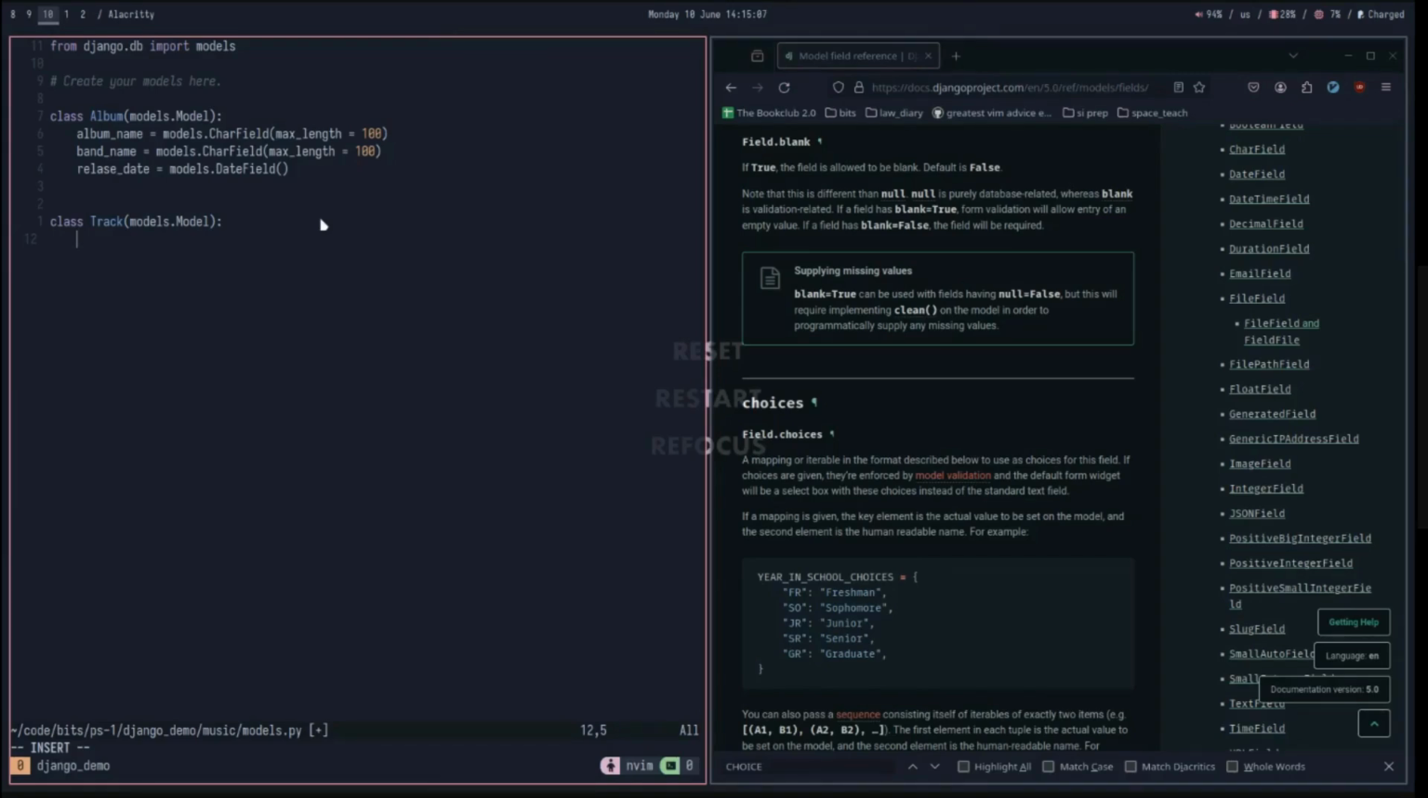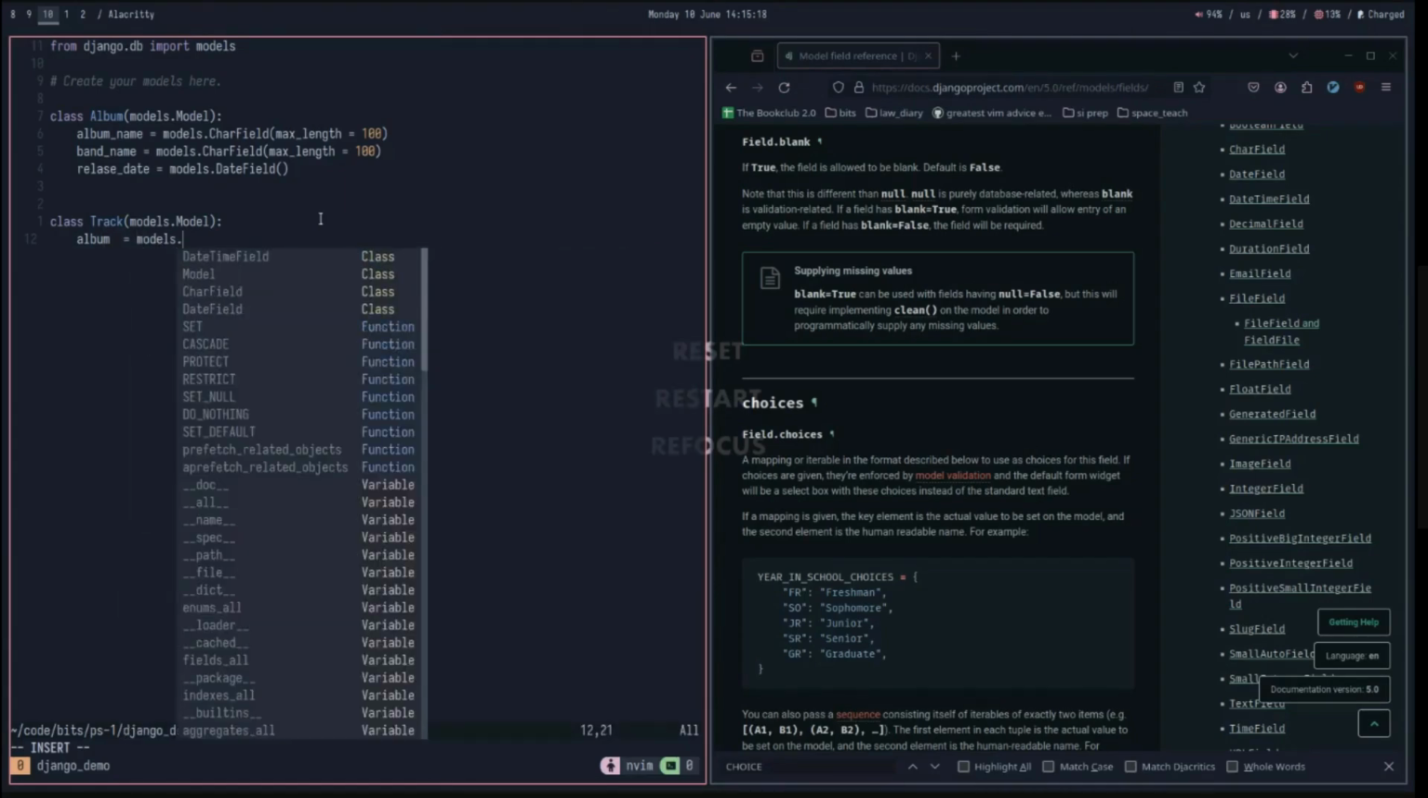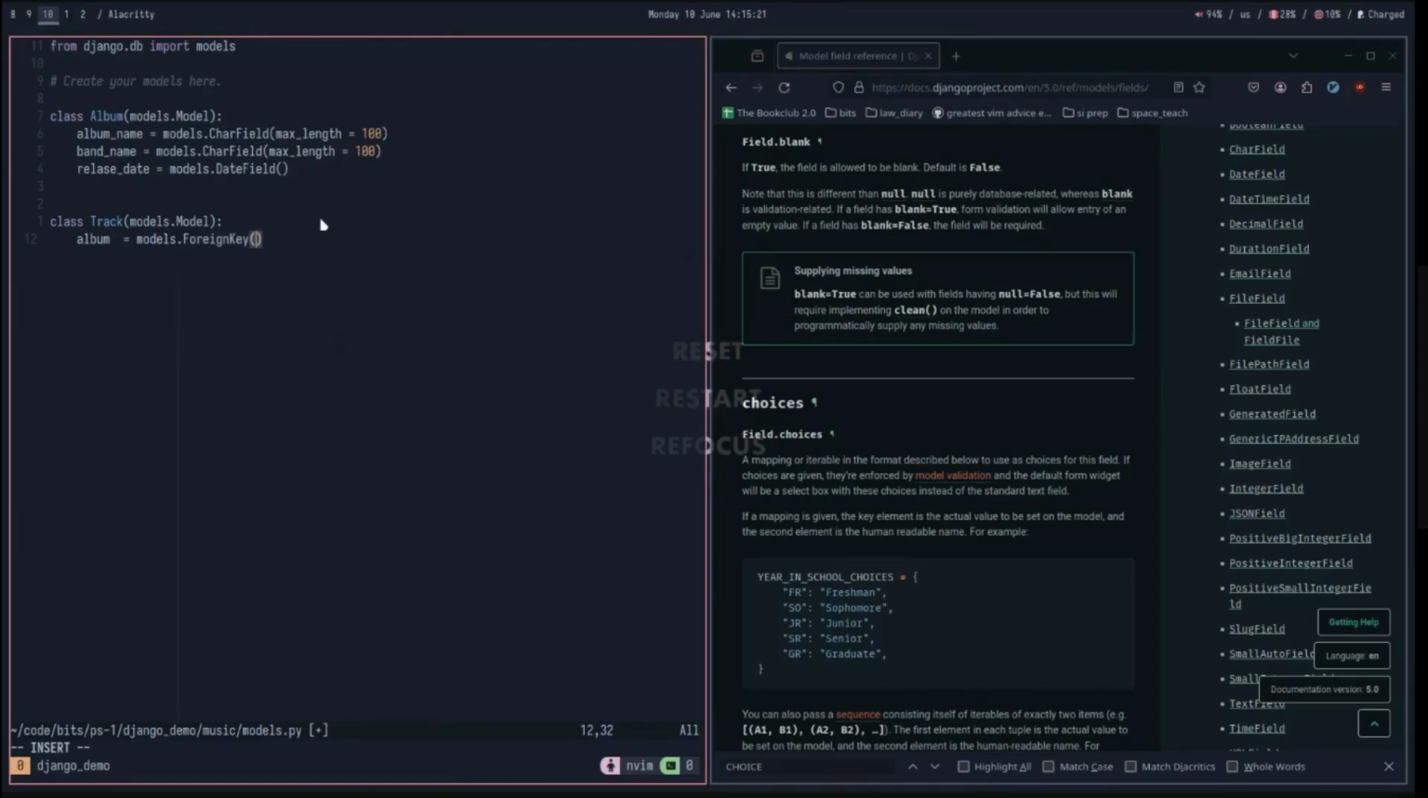To define a one-to-many relationship, Django provides a field called foreign key. We can name it album. The associated album is equal to models.ForeignKey. Now we need to define which model in the database it points to. We name it Album. And here we need to handle what should happen to a track if the associated album gets deleted. If the associated album gets deleted, it is very obvious that we need to delete the tracks